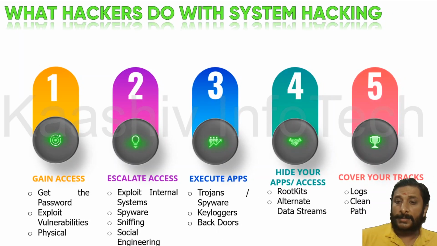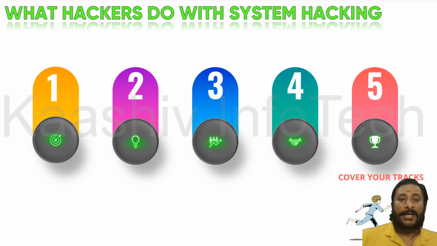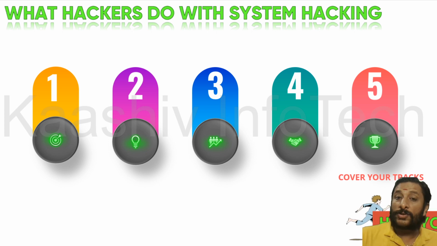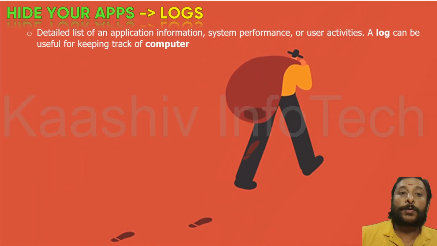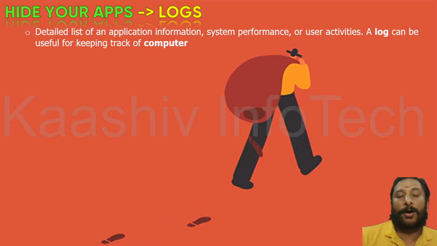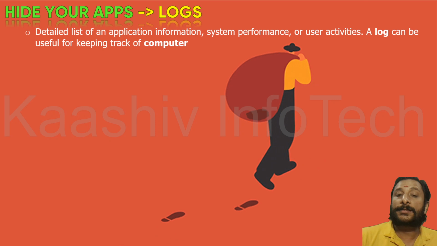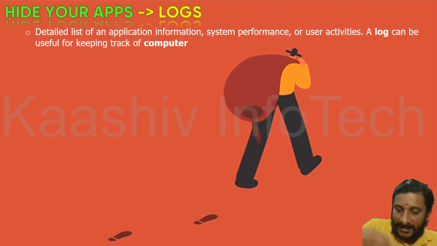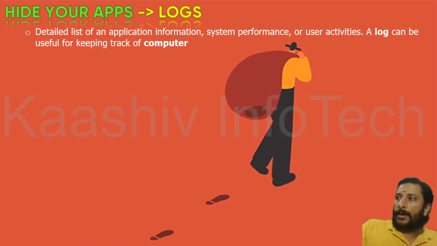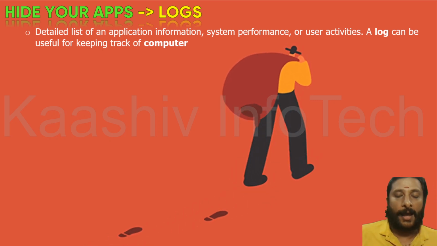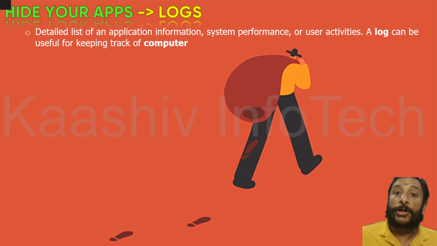We are going to discuss covering your tracks. Covering your tracks means, as I told you, I entered the house, I left, no noise. We should not have any proof. So they will try to clear the log files and logs. Very important, people. Logs record that once a user enters, for example user Venkat, at this time from this machine, he tried to access this table and change the data. So they will have the logs. We need to clear that.